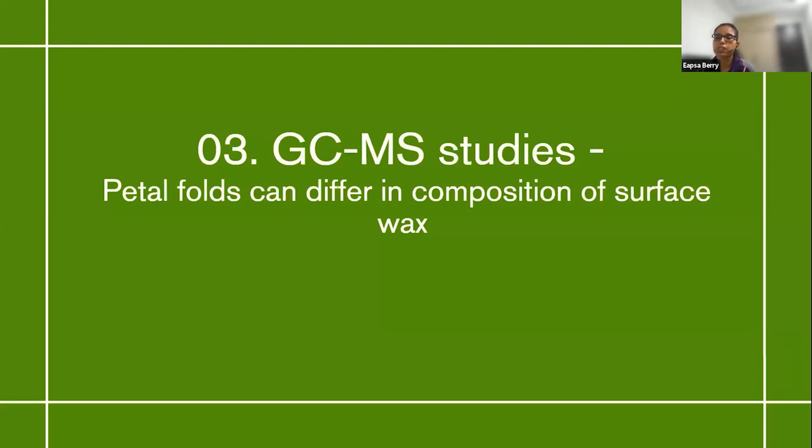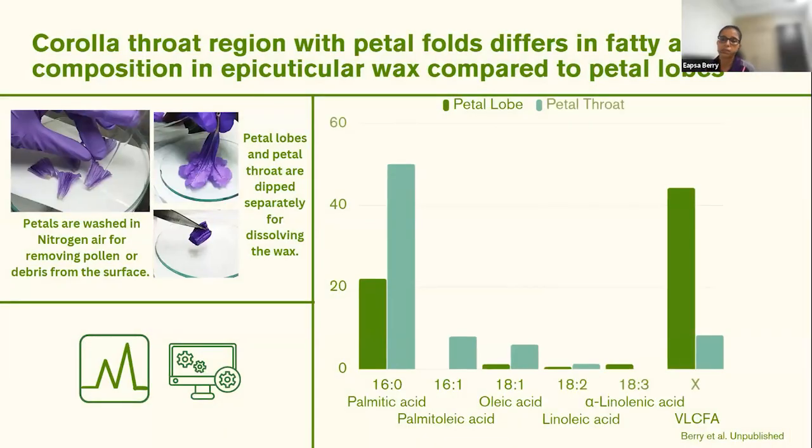This apparent difference in the lobe and throat region that bears the folds, infolds, and outfolds made us want to see the composition of wax components. We studied the fatty acid composition in wax on both the lobe and the throat. Eventually, we will study all the different components of wax: the alkanes, aldehydes, ketones, alcohols, ethers, and